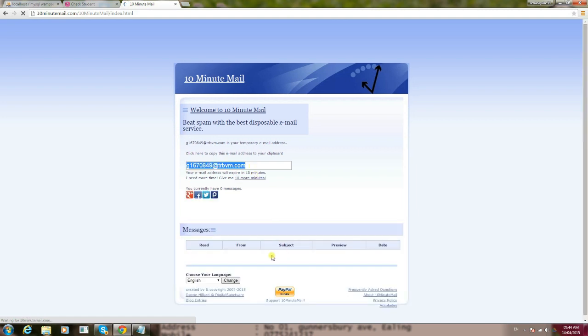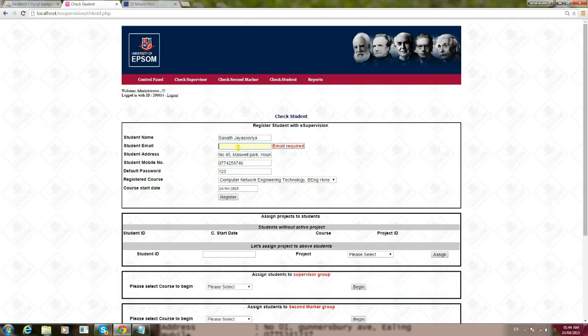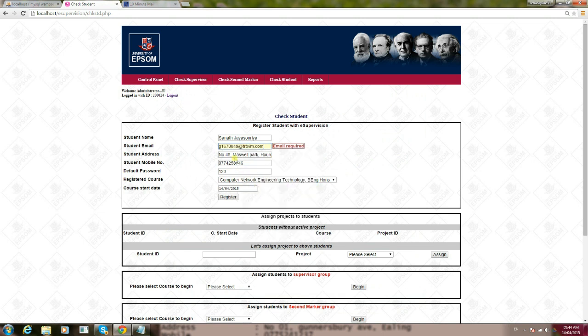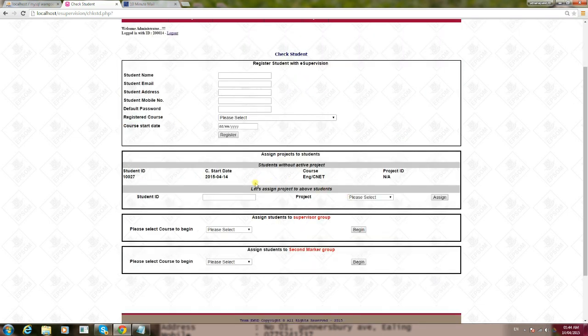Yes, there are no emails at the moment, and I've got 10 minutes. Okay, we'll copy this and paste it over here. So this student is going to register with this email. As soon as we register this student, that student's details appear in here. Why? It's because this particular area is dedicated for